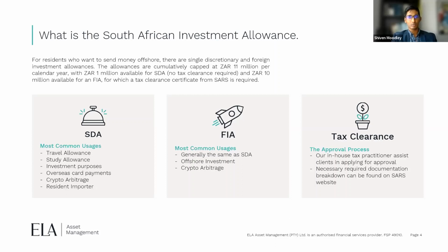So, let's just start with some basics. As I mentioned, with regards to the FIA, which is your foreign investment allowance, the 10 million, you are required to disclose that with SARS, the South African Revenue Service, in order to give you a clearance. So that's subject to the